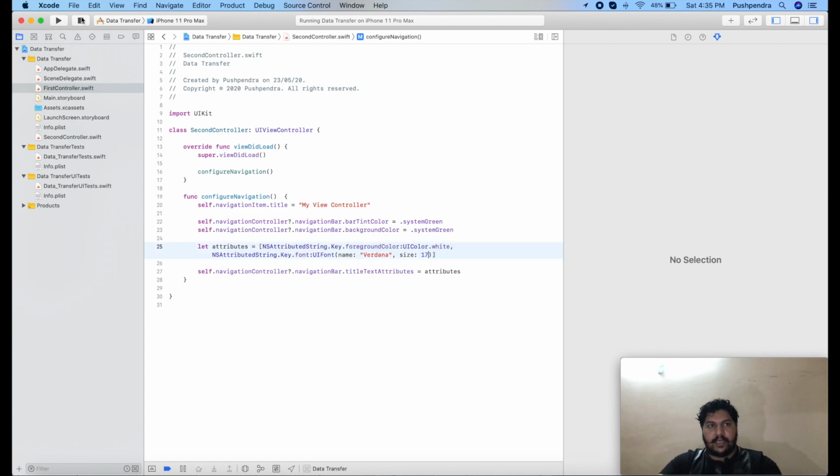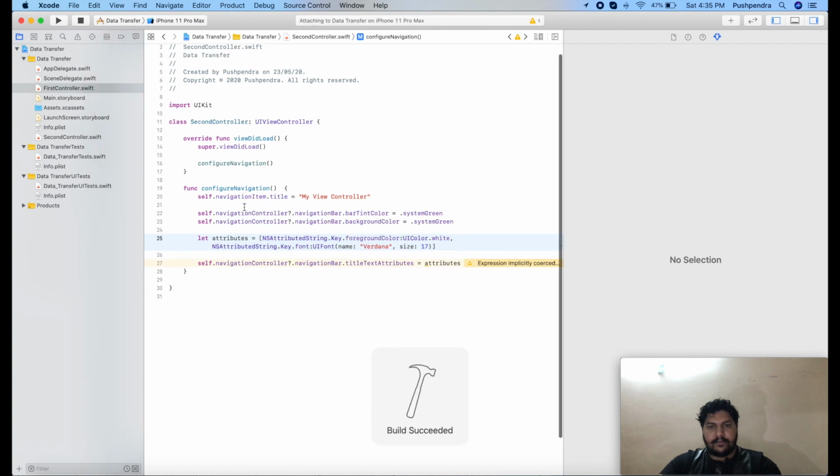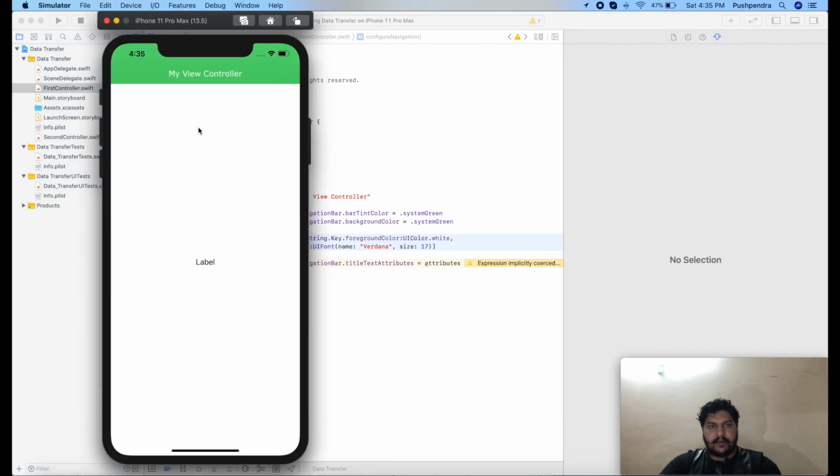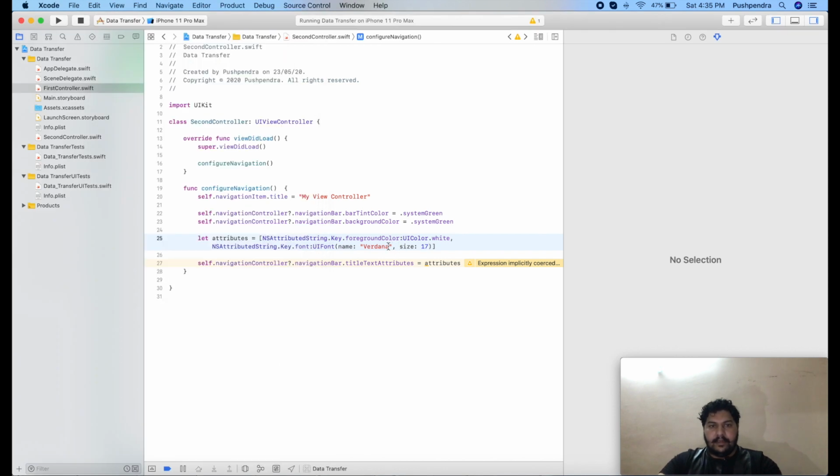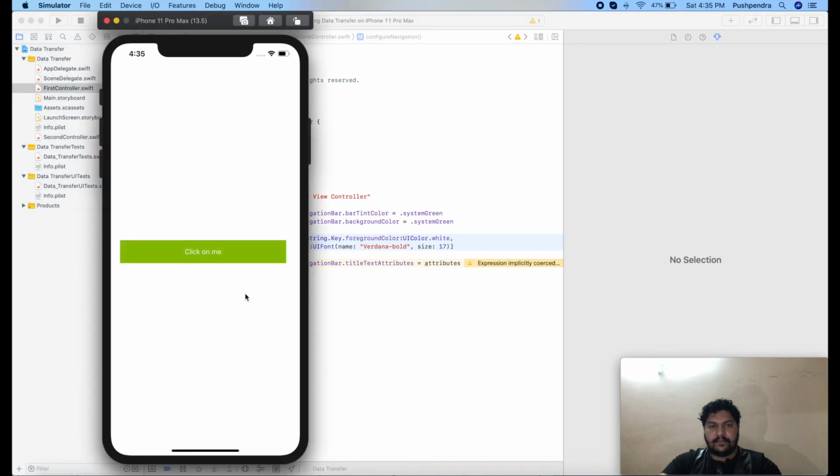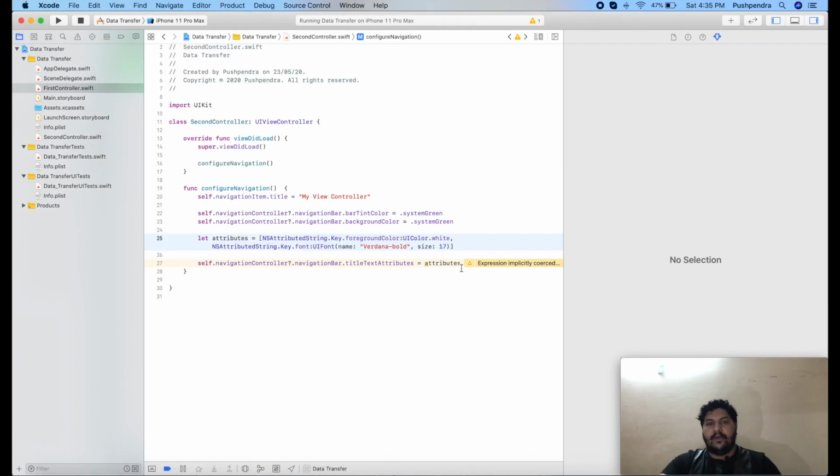Now again we will see the output. Click on, here you can see the font has been changed. If you would like bold, then pass bold. It should work if it exists. Yeah, here you can see bold has been applied. So that was the complete scenario for setting the title and changing the color of the navigation bar.